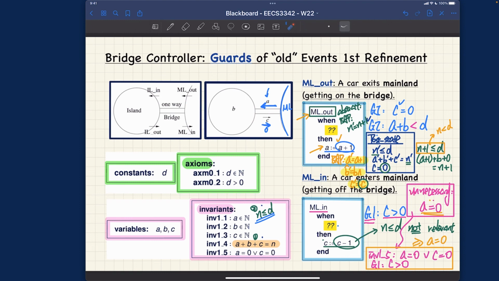For example, 2 is strictly less than 3. 2 plus 1, which is 3, is less than or equal to 3, right? That's something you can think about. So from here to here, they're completely equivalent, just based on some basic arithmetic property, right? So this is one thing I can have.